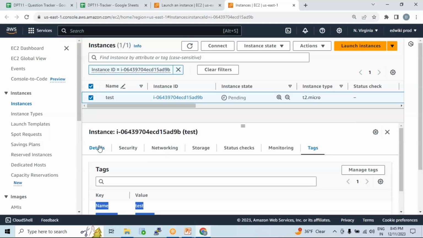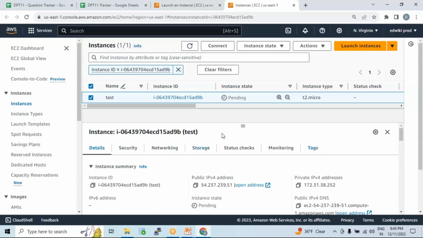Now, once the server is deployed, you will be getting the public IP. That is the IP that you need to use to log in. As of today,